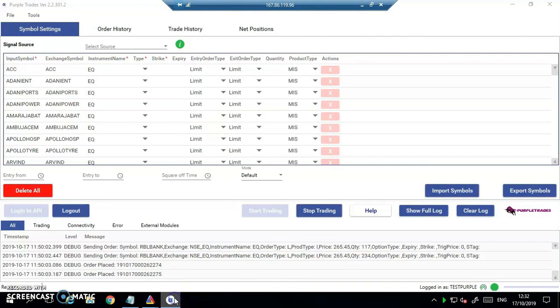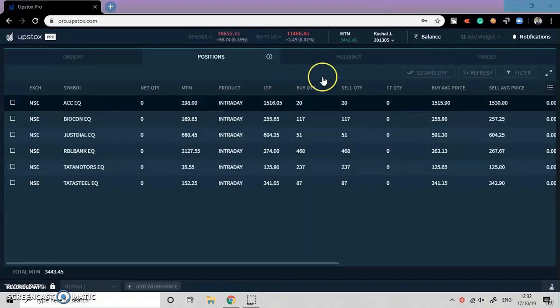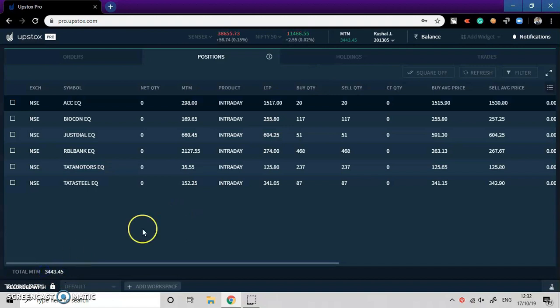So all I have to do is again go back to the cloud, square off all the positions and just book out. So I go to cloud, square off all the positions, and that's it. I've squared off, and by the time I could square off, the profit from 3,700 slipped to 3,400, and I have closed the day with a profit of 3,400.